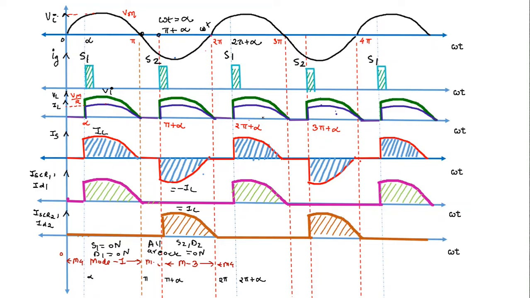After mode number 4, again mode number 1 starts at the instant 2 pi plus alpha when the S1 thyristor is again triggered. So hope you have